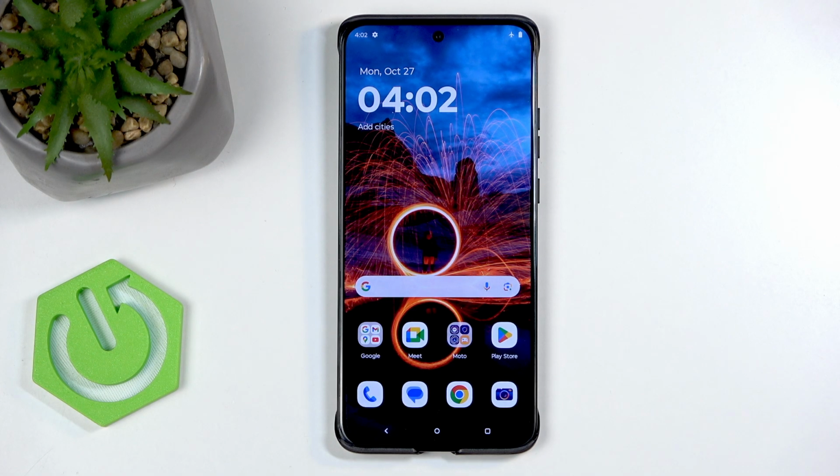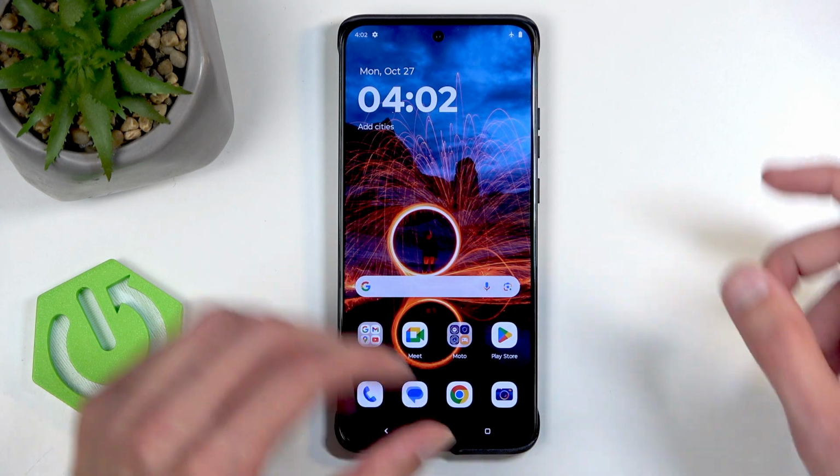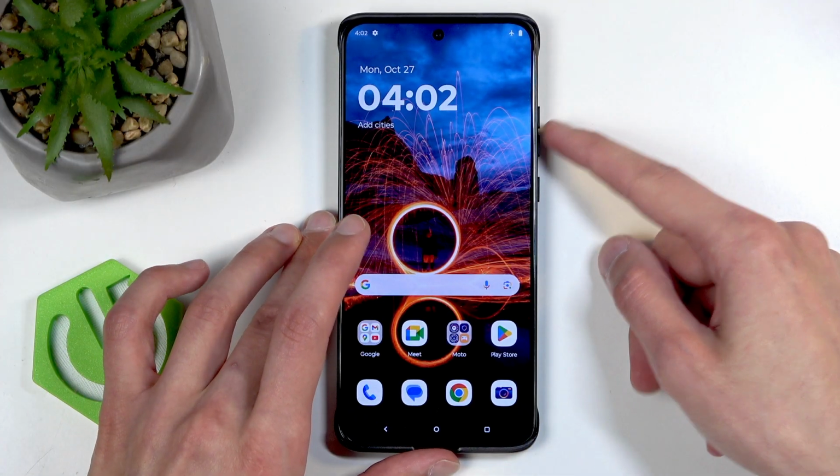So, to get started, you will want to open up content that you wish to capture, which for me, I'll be using home screen as an example for this. Now once your content is open and visible, simply press the power button and the volume down at the same